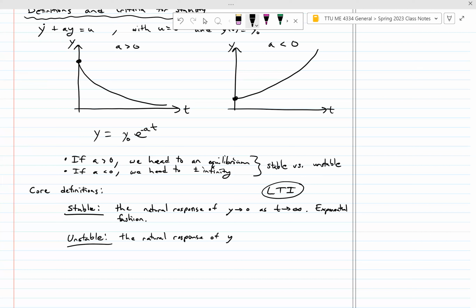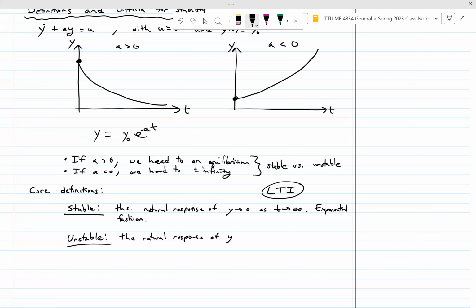So the natural response of y does not grow or decay. And I guess I should say on average,